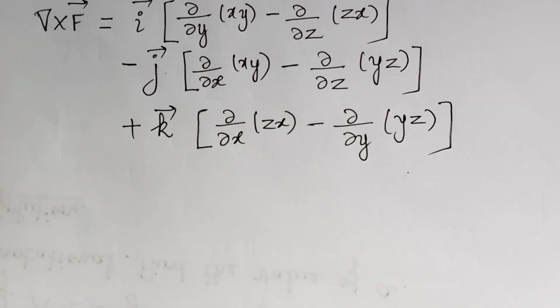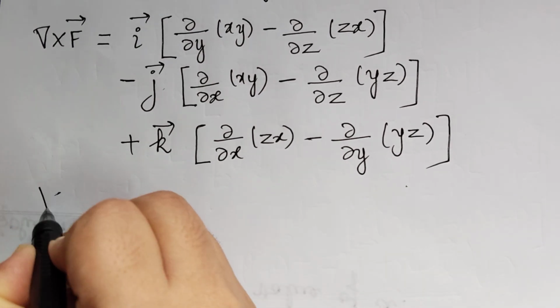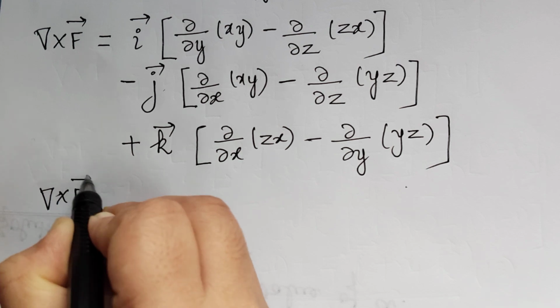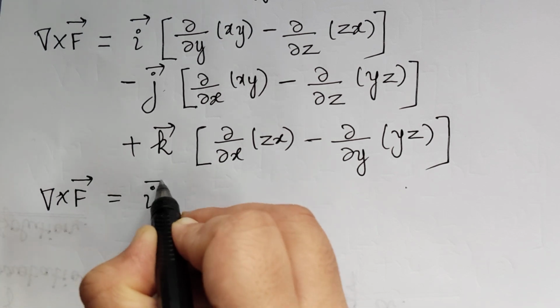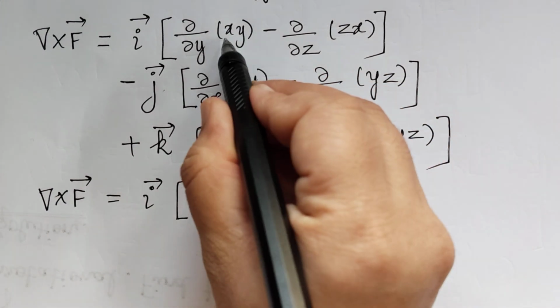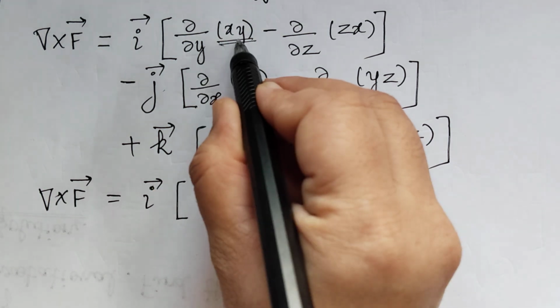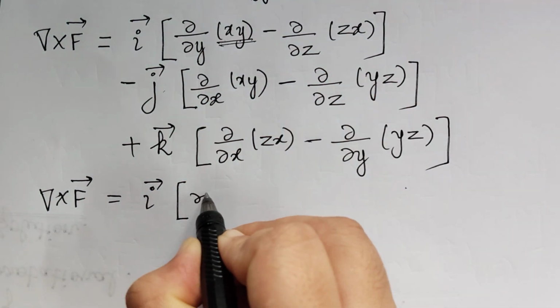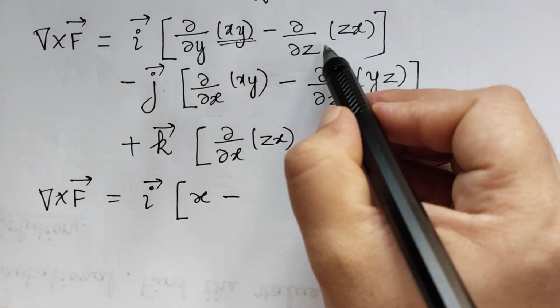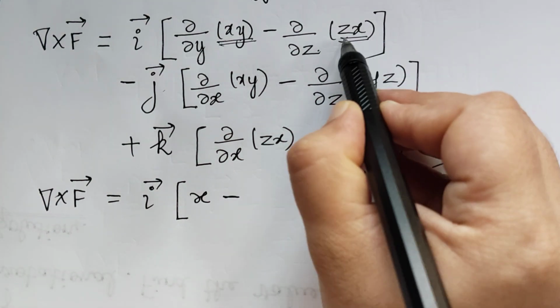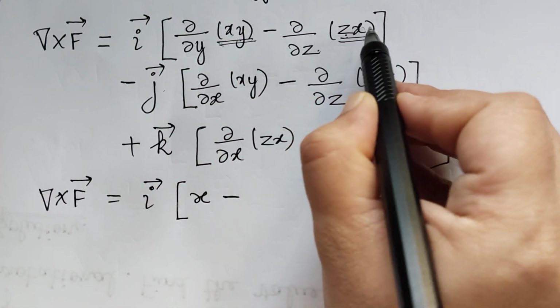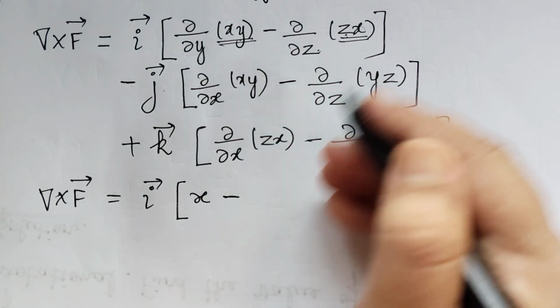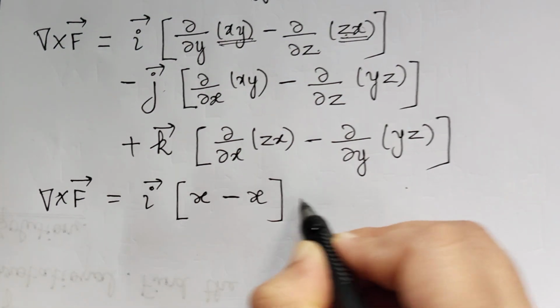So further, nabla cross f vector will be equal to i vector multiplied with, what is the partial differentiation of this with respect to y? x will be treated as constant, for y it is 1, so you will have x, minus partial differentiation of this with respect to z. So x will be treated as constant and the differentiation of z is 1, so it will be x minus